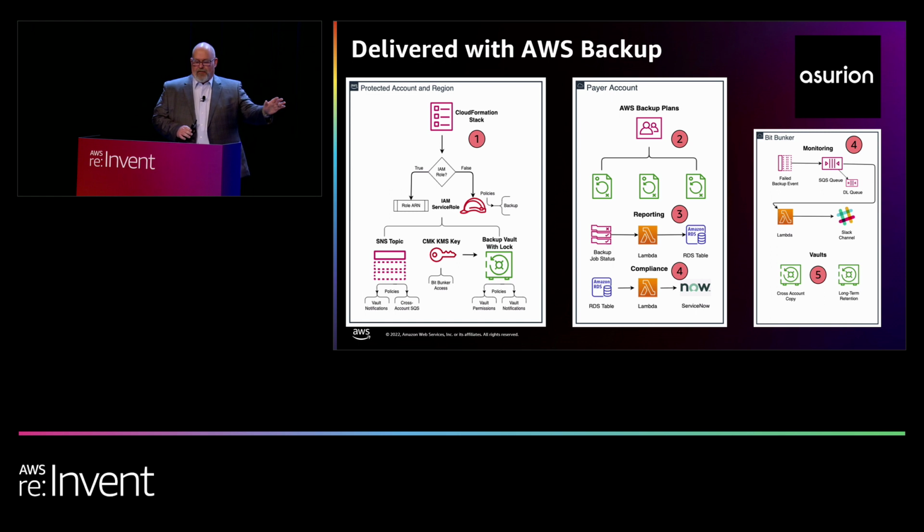And then finally, in our Bitbunker account, you'll see that we've got a workflow that communicates with that SNS topic in the other account. That SNS topic is subscribed to our SQS queue in that Bitbunker account that then takes that message, kicks off a Lambda that immediately posts to Slack or Teams for instant notification of, say, tier 1 applications that may have a backup failure or a copy failure, et cetera.